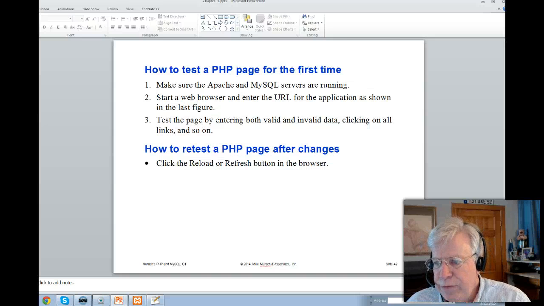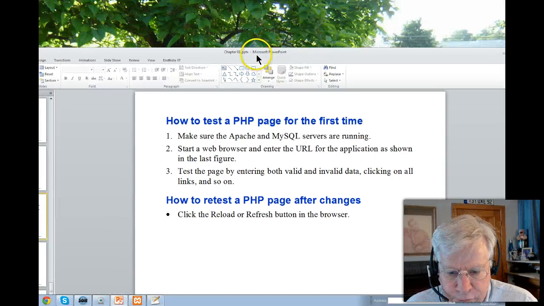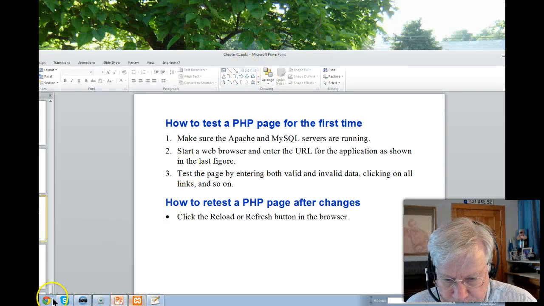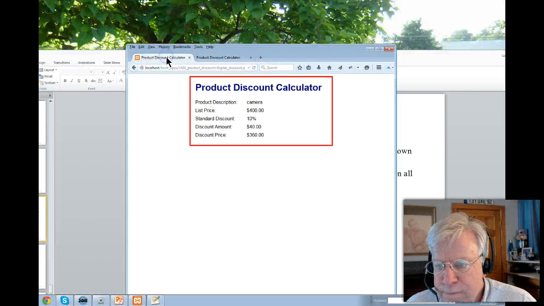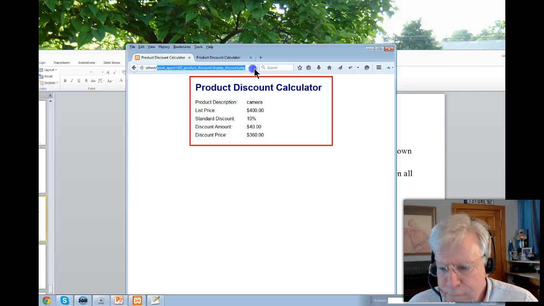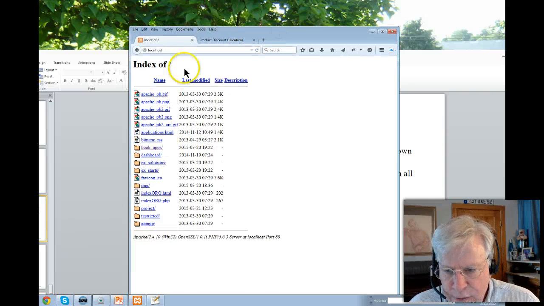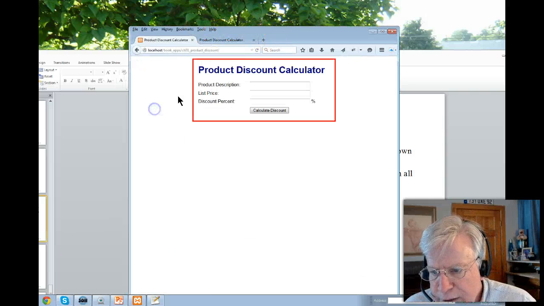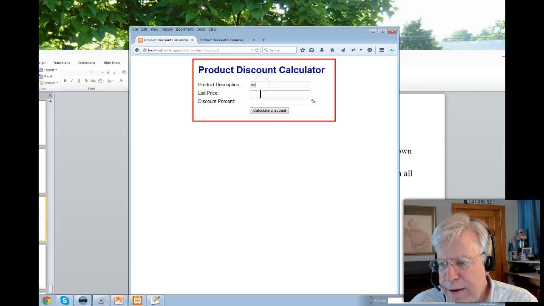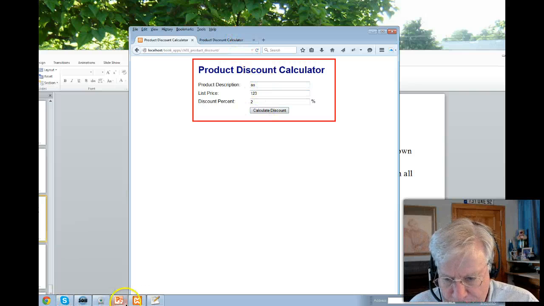How to test a page for the first time. So now that's an interesting test. We could do that real quick. So let's go back to our browser. Here I am at localhost. Now, if I go to book apps, product discount, and type in something, 23.3, now I'm going to take the web server,